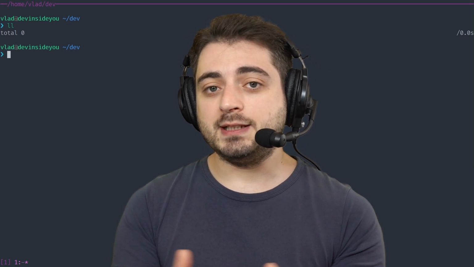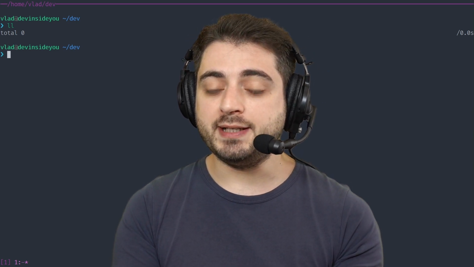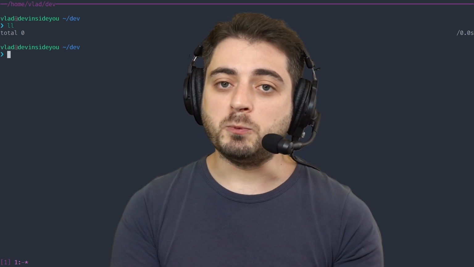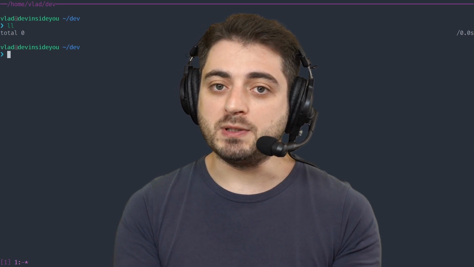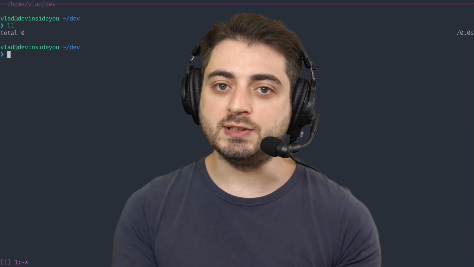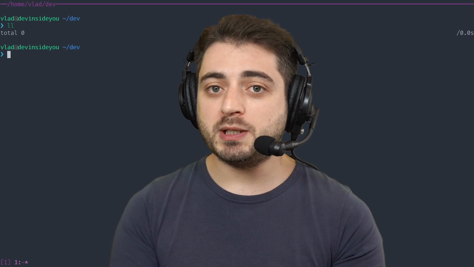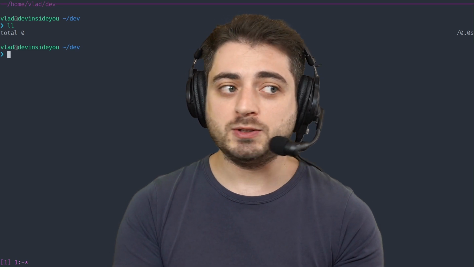The TLDR is that we're going to use SBT to create a wrapper project that will connect all of your other projects together, and then we will open this one wrapper project with something like VS Code and make sure that Metals understands all the connections. I'm sure that this is also possible with other build tools, but I've only played with SBT at this point, so let's get right to it.